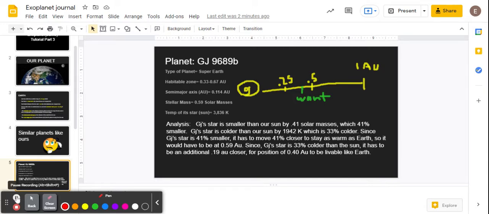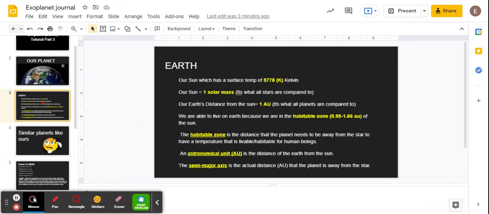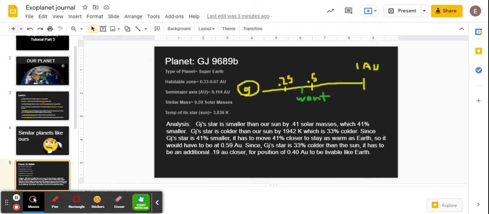We want it to be right here at 0.4. That's where we want it. But let's see where it actually is. I tell you that in here: the semi-major axis is the actual distance, the AU, the planet is away from the star. So the semi-major axis is 0.11. So we wanted it over here, but it's actually right about here. So it's at 0.11